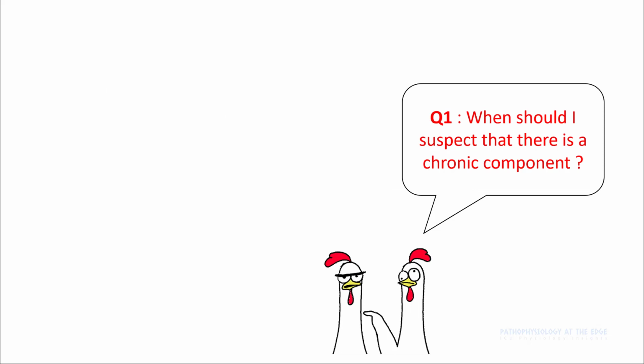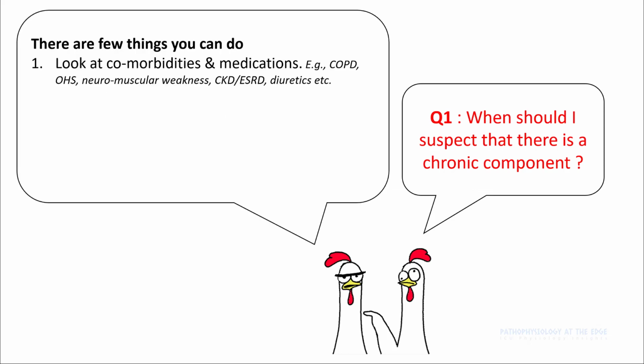So question number 1, when should you suspect there is a chronic component? And the answer to this is pretty easy. Look at the comorbidities and the medications. For example, a patient with COPD, obesity hypoventilation syndrome, CKD, ESRD, or a patient on diuretics will have some form of chronic component